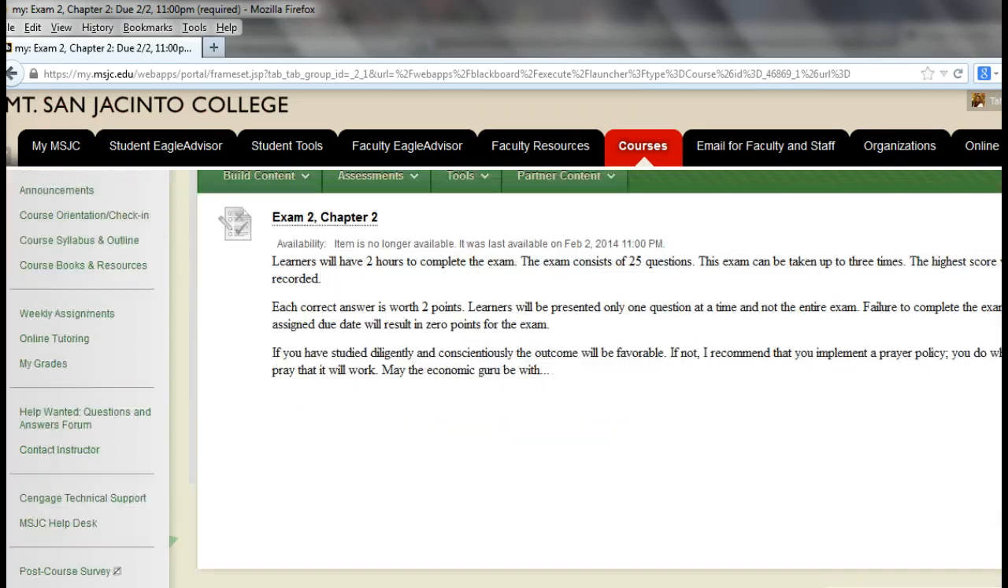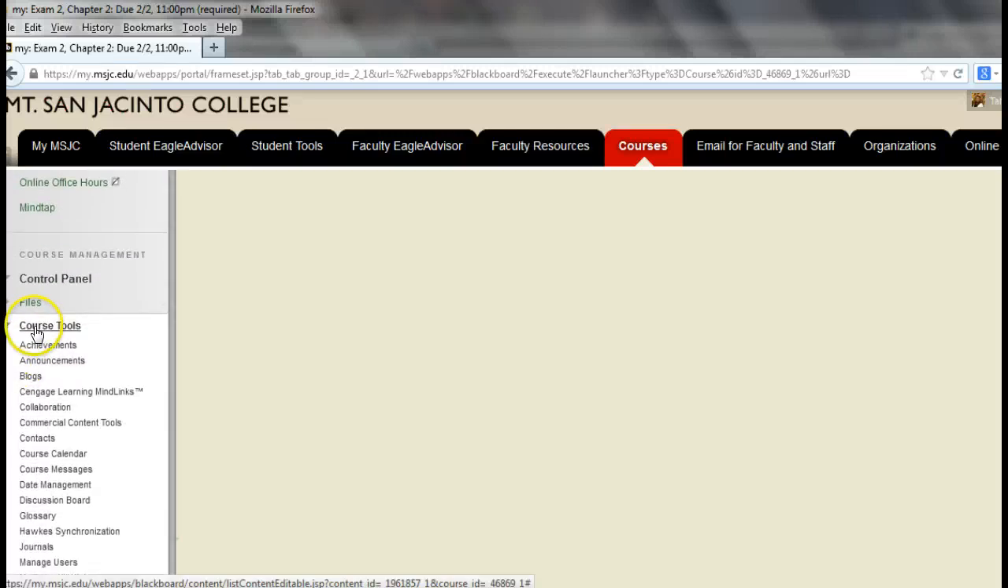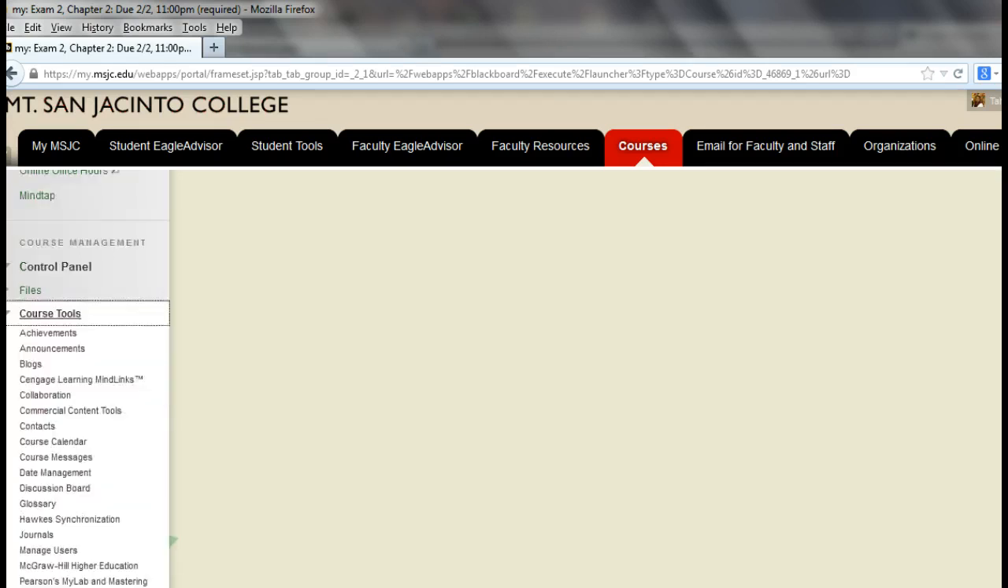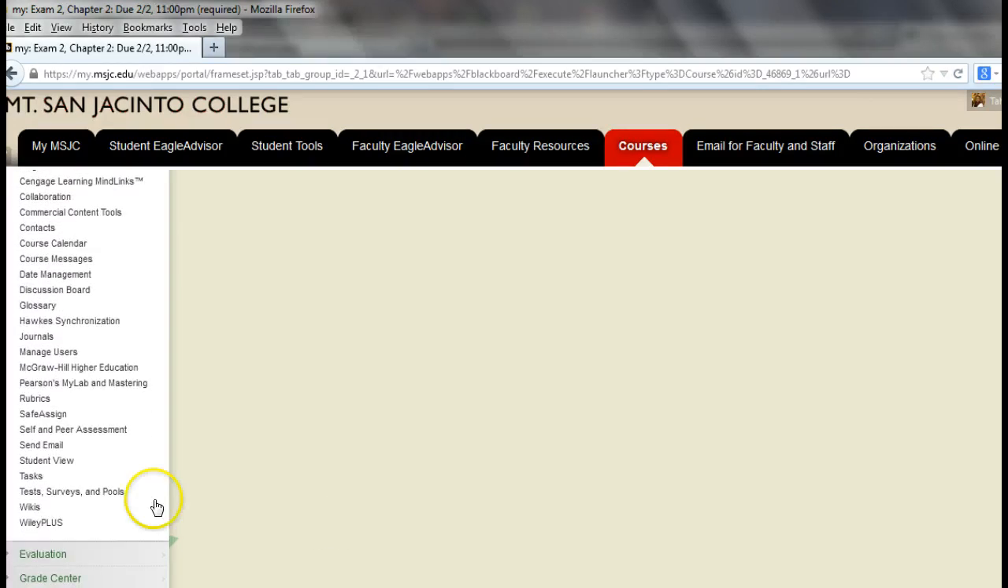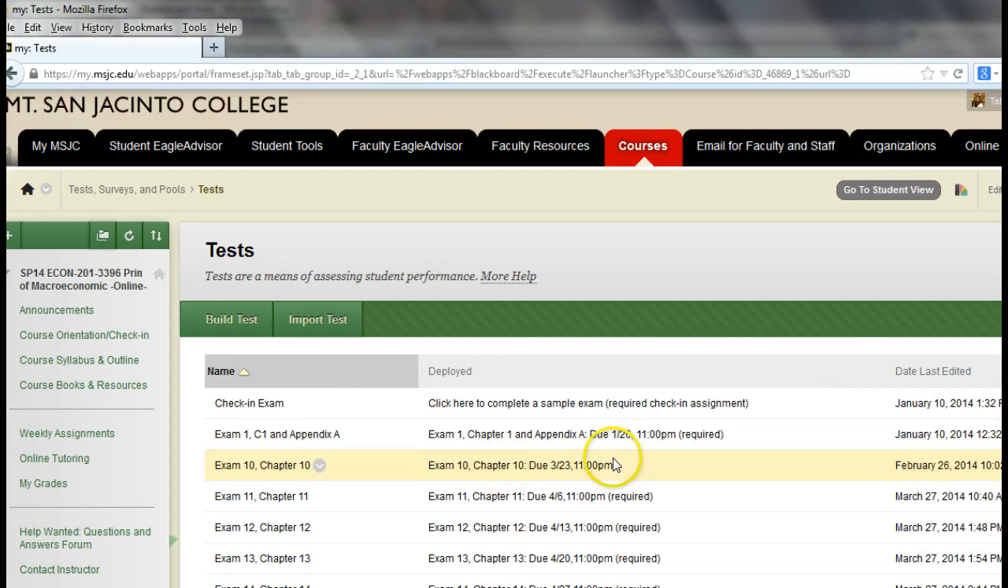Okay, so how did I even build these questions? I'll just quickly show you. So we went to control tools again. Right in the control panel we have course tools, and then we go way down, we go to tests, surveys and polls, and over here I would click on tests, and once the screen opens up, it's taking a little bit of time. So this is how we created all the tests. But if I'm trying to create a new test, I would go to build test